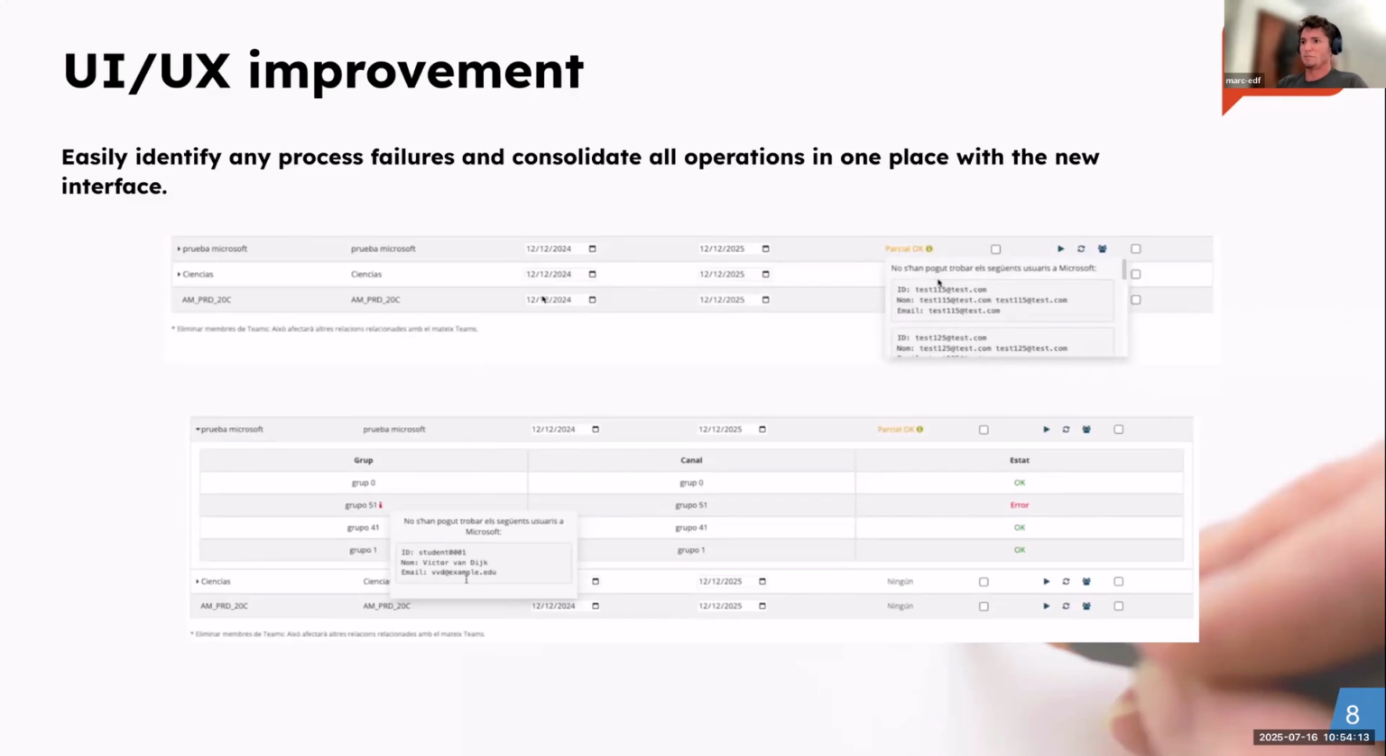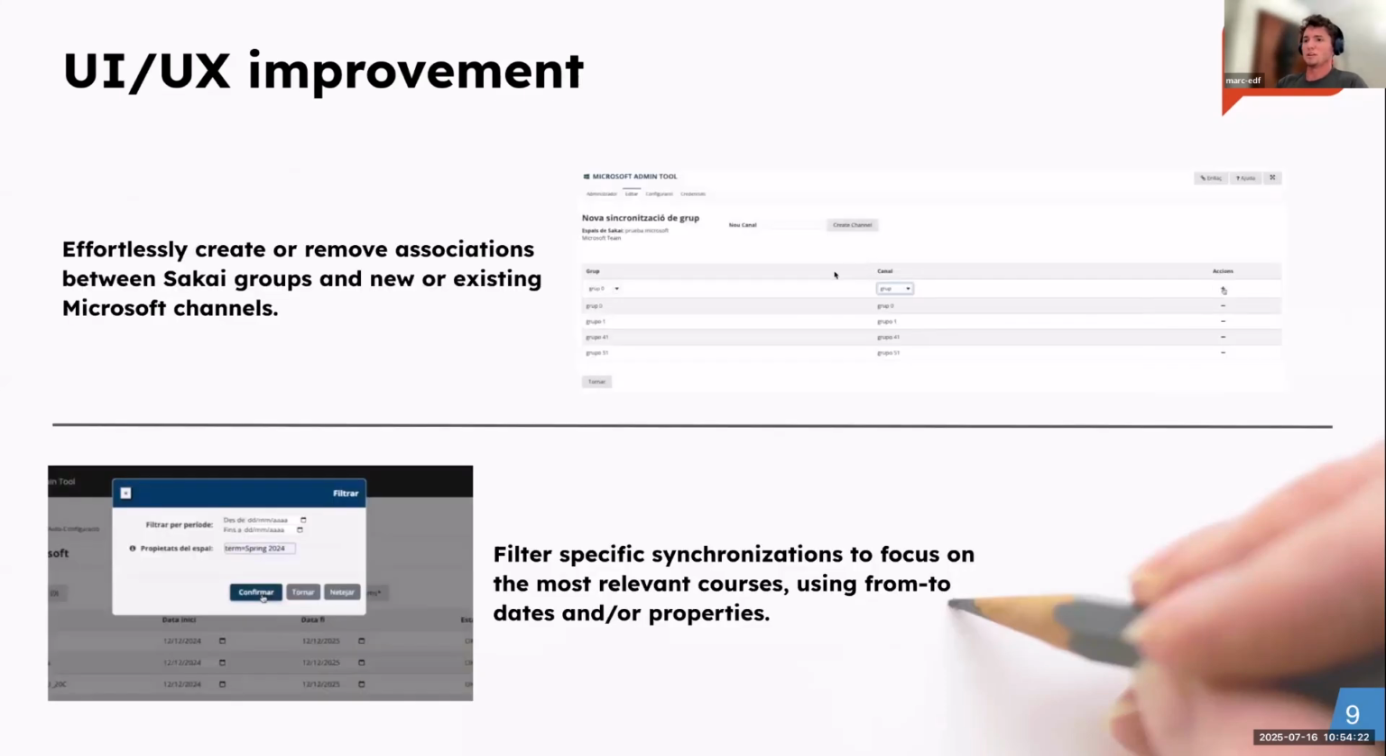This also uses the API batch processing, and also is much faster than the previous version. And also we included new